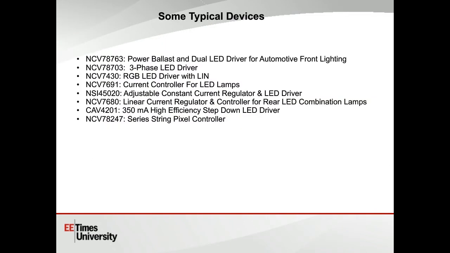So now we are going to take a look at some typical devices from our sponsor, onsemi. As we said before, the automotive market, and lighting in particular, is a key market for semiconductor manufacturers. It's a very large market for many companies, and as a consequence, they make specialized devices that meet the stringent automotive requirements, which we've discussed in various points of this presentation. So we're going to look at 8 different devices here,